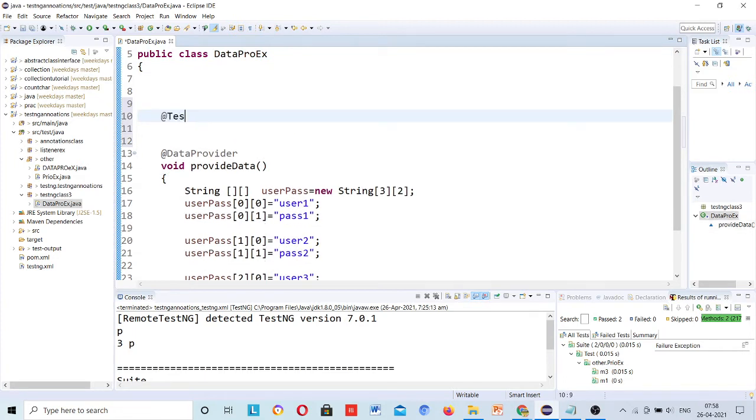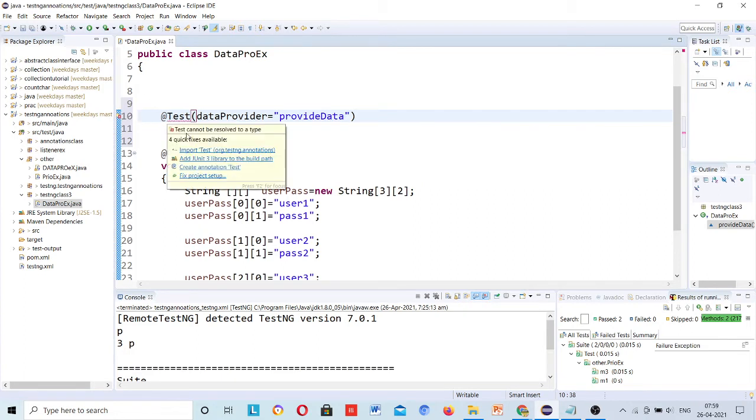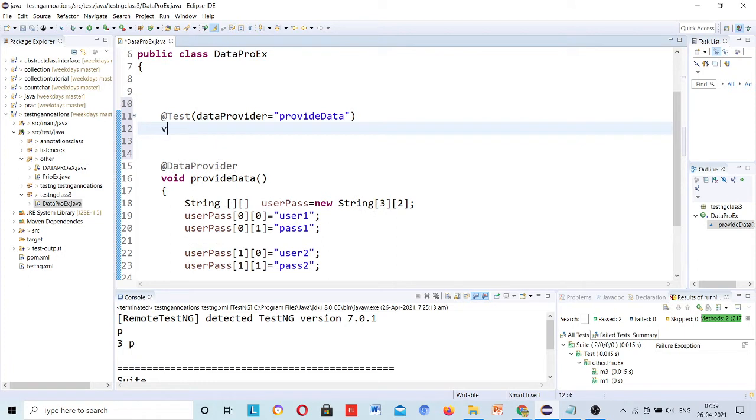Now I will test. dataProvider is equal to the method name, it will be this. This is the syntax, so don't worry about that. Import this one and void getLogins.